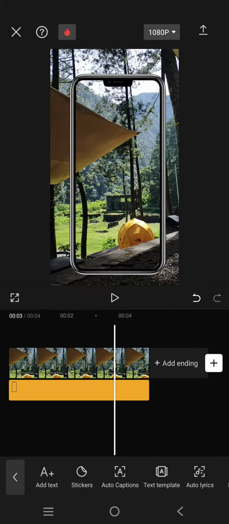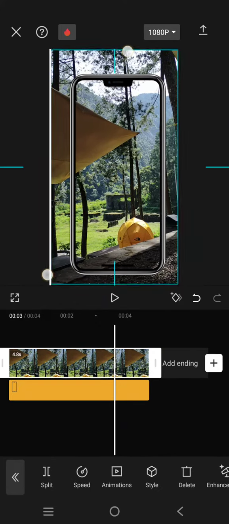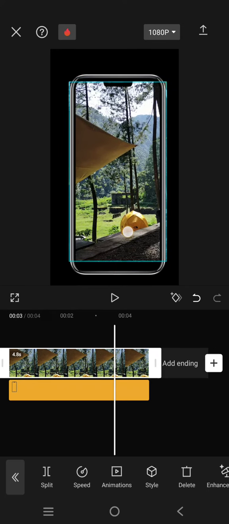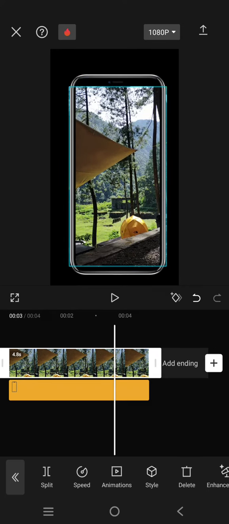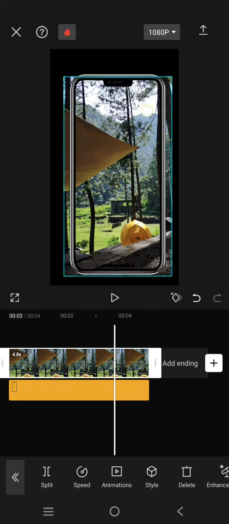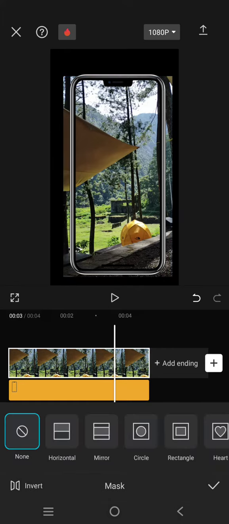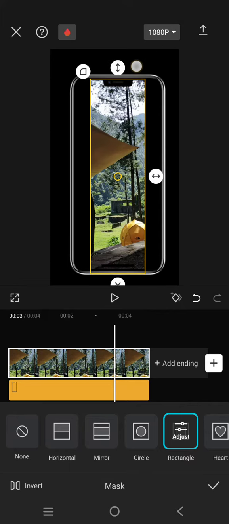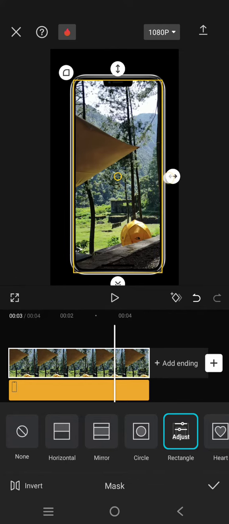And after that, click on the video and make it small until it fits into the phone screen, like this. To make it fit best, you can use the masking feature here. I'm going to use the rectangle. Okay, I'm going to fit it into the phone size like this,